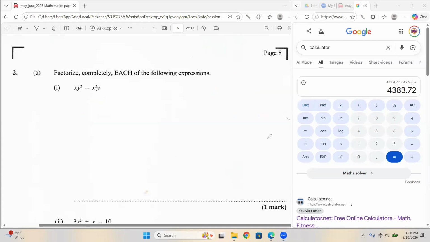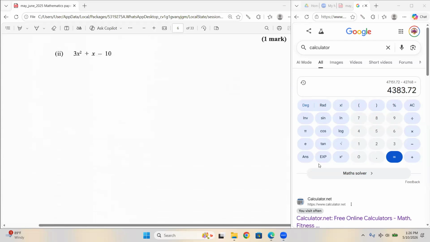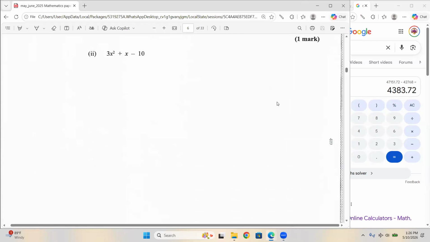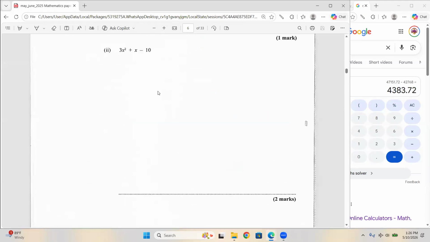The next part, so we have 3x squared plus x minus 10. So we have a quadratic expression. They said factorize, so we have to use the factorization method here. That means we need to identify,